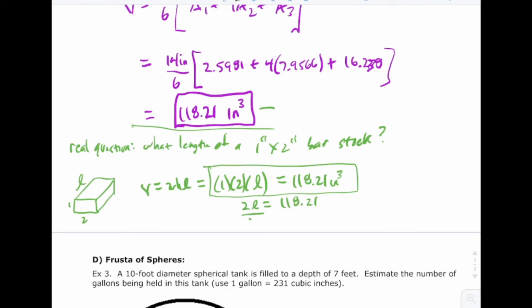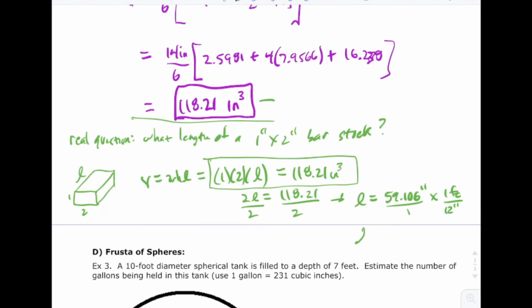What we got to do is divide both sides by 2, and the length of bar stock that we will need is just about 59.106 inches. If you divide by 12, or if you do a conversion officially like this, 1 foot is the same as 12 inches, you can get it in feet. So the length is going to be